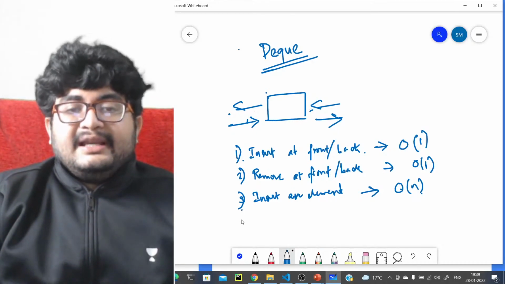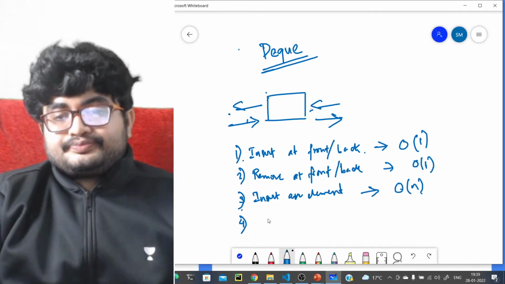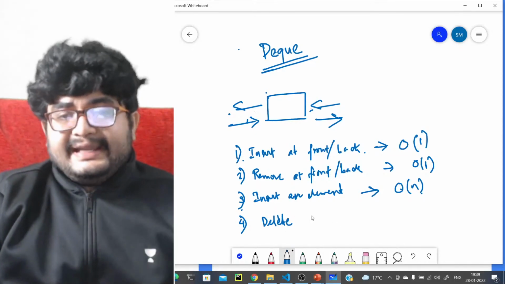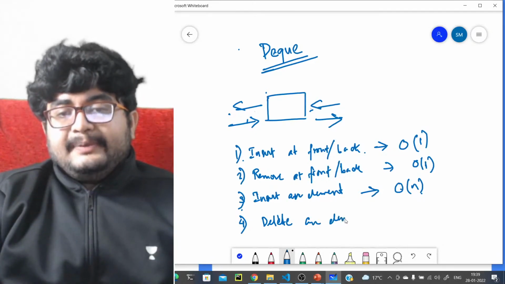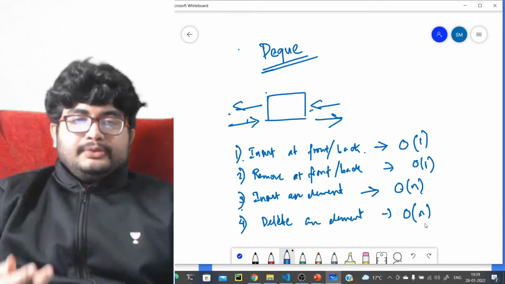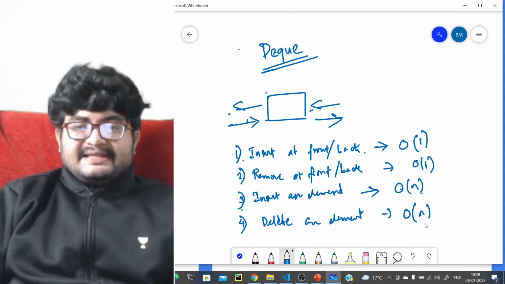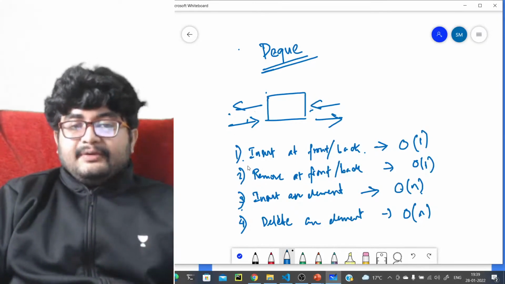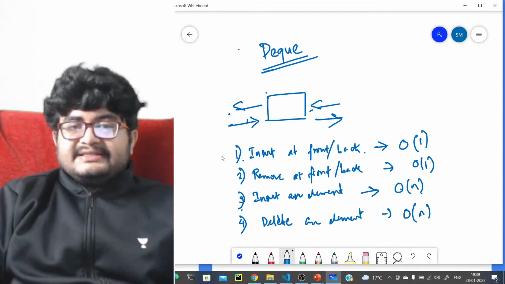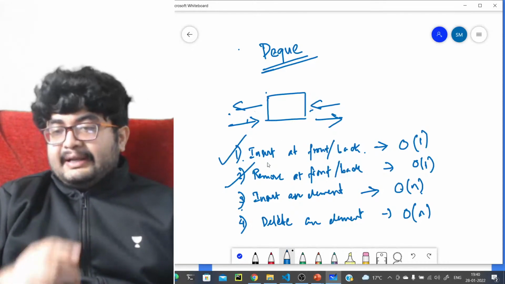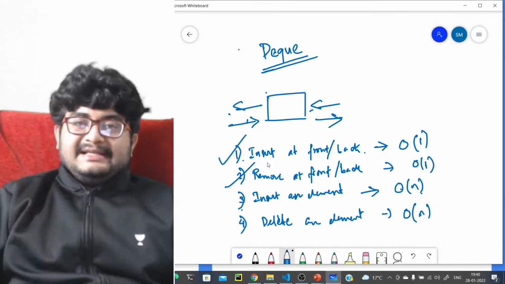Similarly, if you want to delete any element that is not at the front or back, it will be order of n time in the worst case. It is similar to what you do in queues or arrays. The only advantage you get, which is not there in queues or arrays, is that you can insert at both front and back and remove at both front and back. So that's basically a DQ.